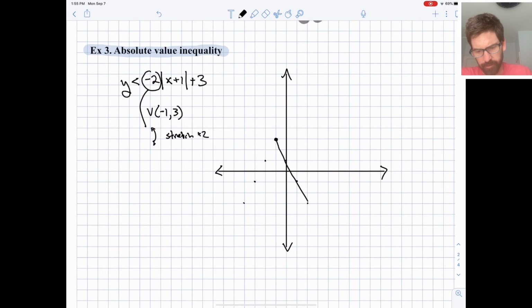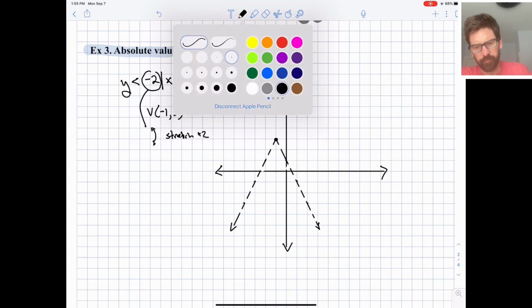And I will draw it in as a solid line first, or a solid ray first. And then I will make it a dashed or a dotted ray. Okay. You might think it's just for aesthetics to dash it, but it's really an important part of the solution to the problem we're doing. So we need to pick a test point, and once again, we will pick 0, 0